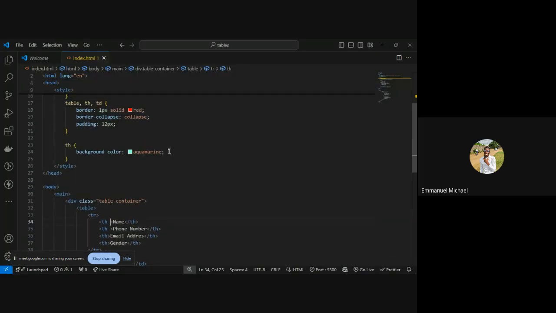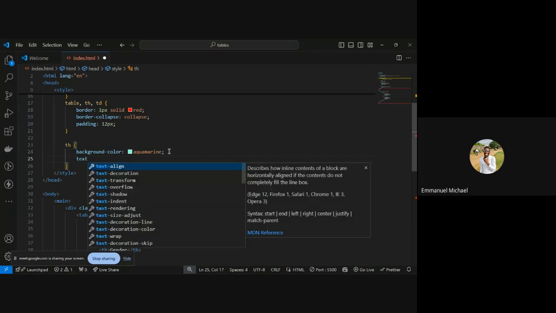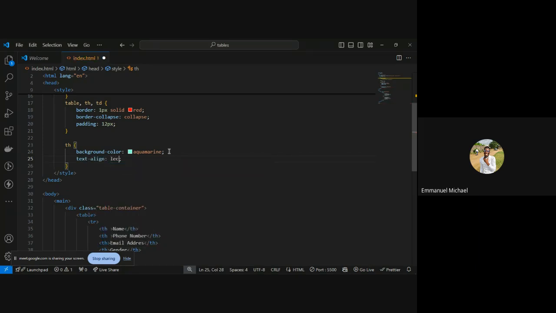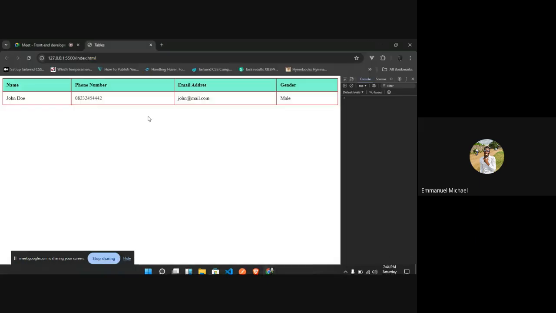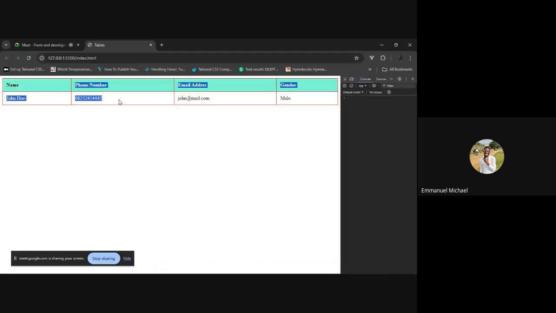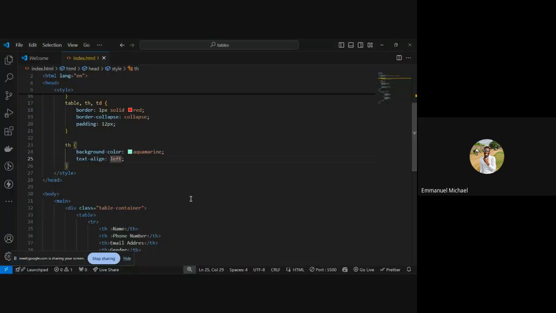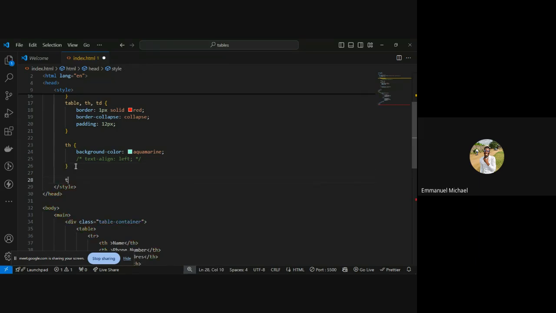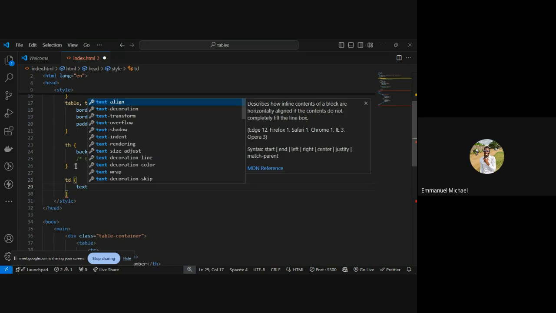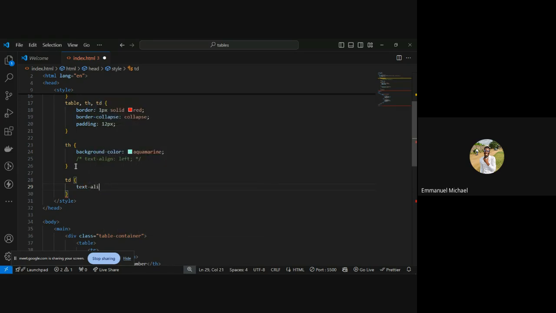So we have table head, and you say text align left. So this aligns to the left, which means that if you don't want to align your table head to the left, but you want your table data to come to the center, you can actually align that way and say text align